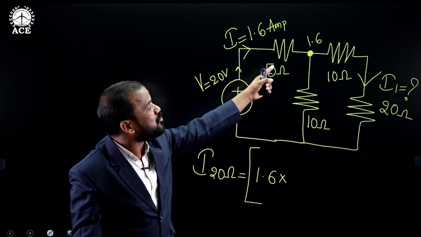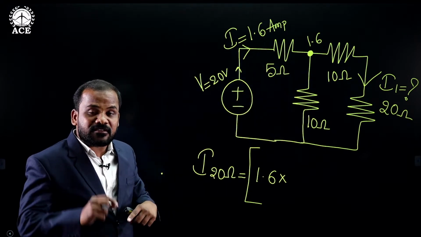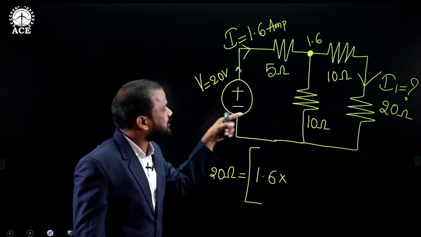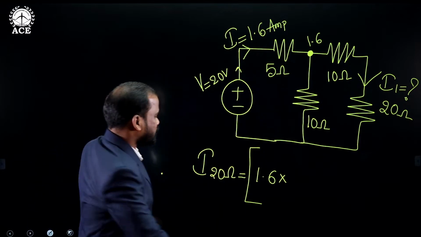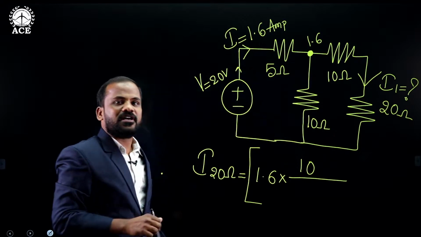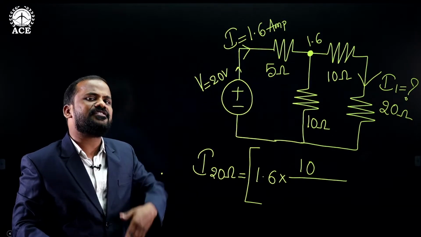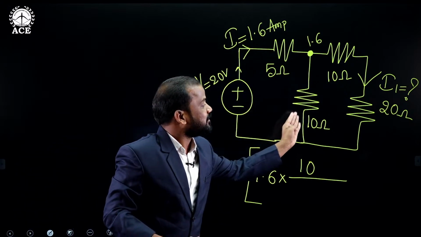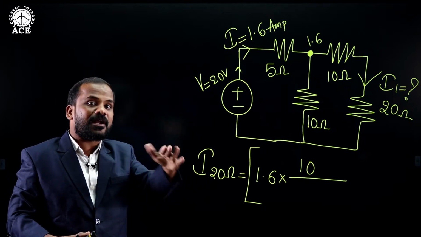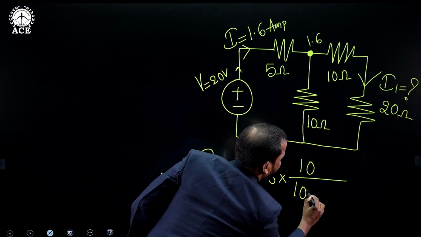So if some amount of current is flowing in the series combination, the remaining current is directly flowing in the 10 ohms only. That is the reason why 10 ohm is the opposite resistance. So 10 divided by, now coming to the other point, that is the addition. We can also call it the total resistance. Total resistance means the sum of the resistances in the individual branches after the junction point in which the current is dividing. So directly we can say 10 plus